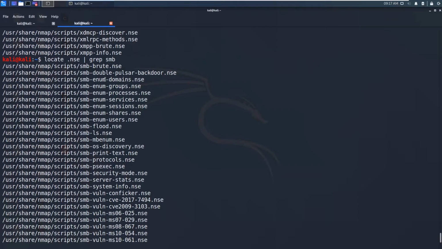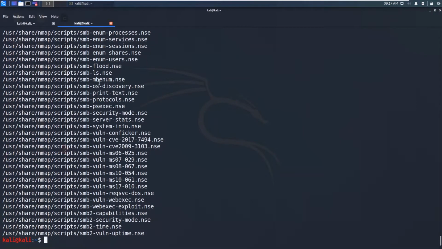They will get the domains, names, processes and services, also sessions and shares. You can use smb-enum-shares to see what files and folders are being shared on those servers, and you can also flood that computer.